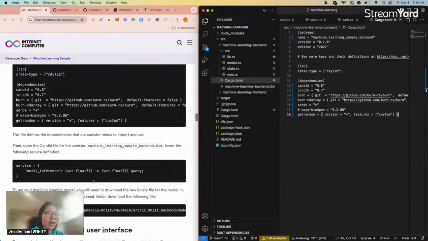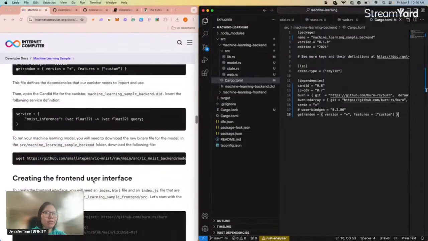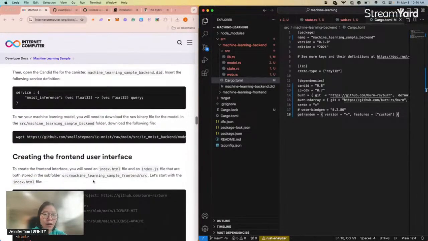Then the next thing is we'll also need to update our did file, which is the Candid service file. ICP uses this language called Candid, which defines a public service. It kind of defines what functions are in the canister.